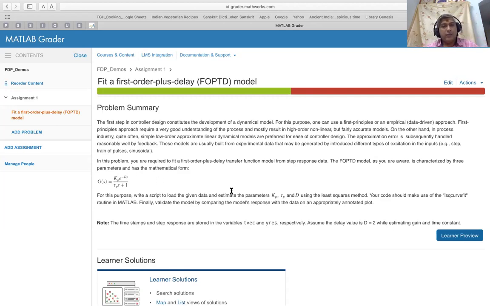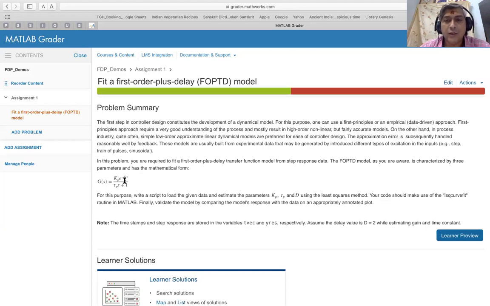So here, this transfer function essentially is a model relating to the input and output of a system. A simple first order plus time delay system would be a liquid level system or a buffer system. And this model essentially would relate the inlet flow to the liquid level with a sensor delay or with a measurement delay. And the user is being provided with what we call as step response data.